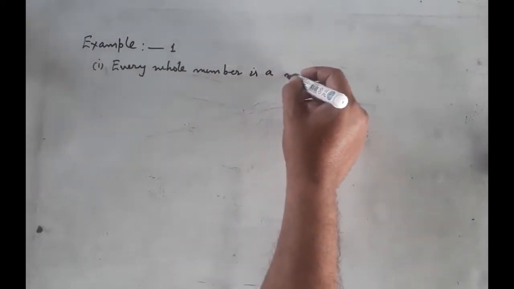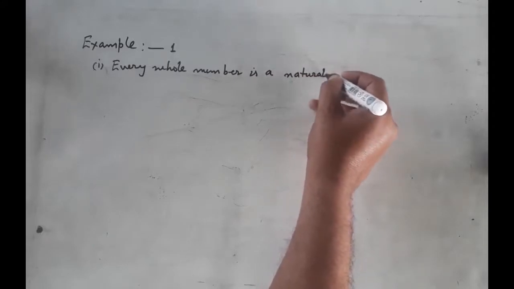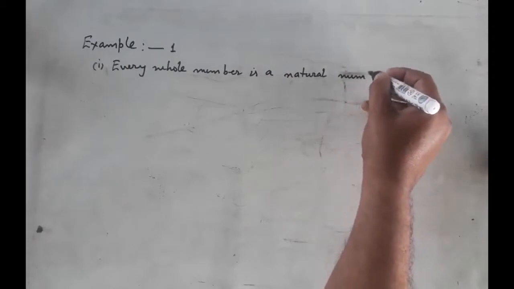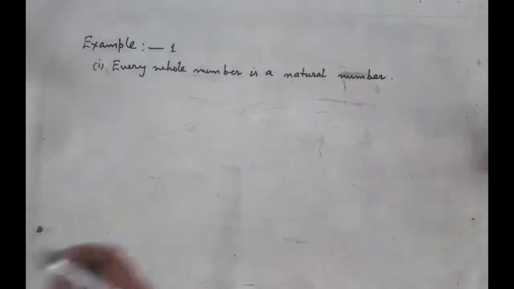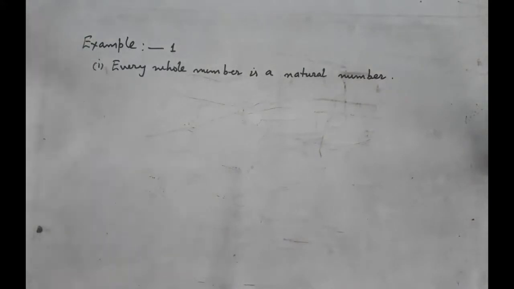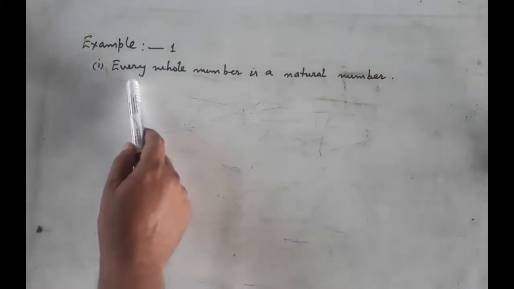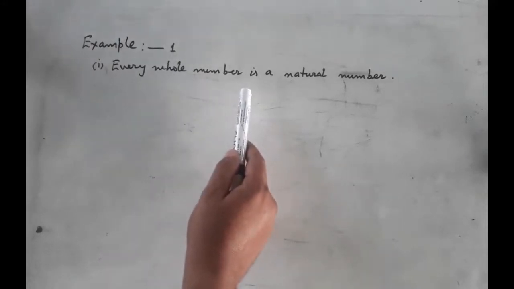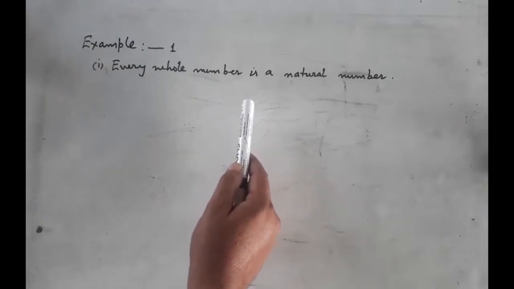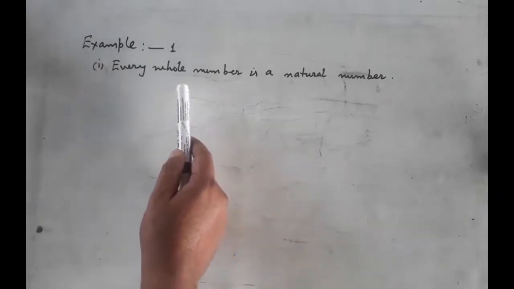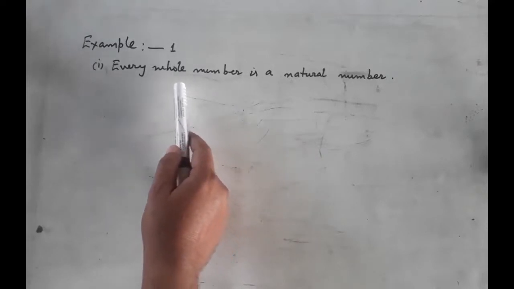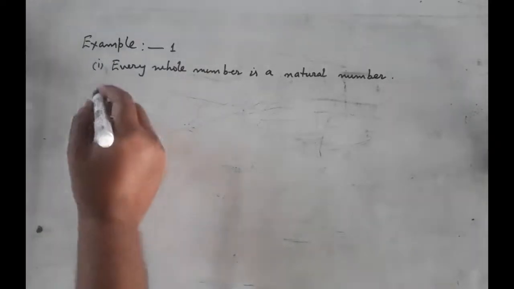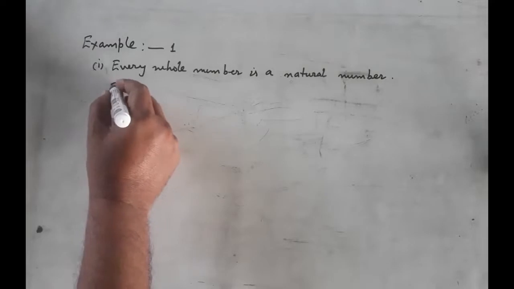We know that the whole numbers are 0, 1, 2, 3 and so on. 1, 2, 3 and so on, that is natural numbers. Every whole number is a natural number, but in natural numbers 0 is not included. This statement is false